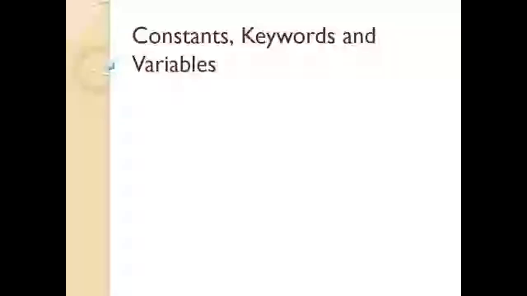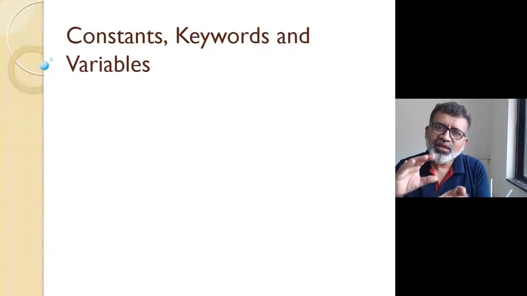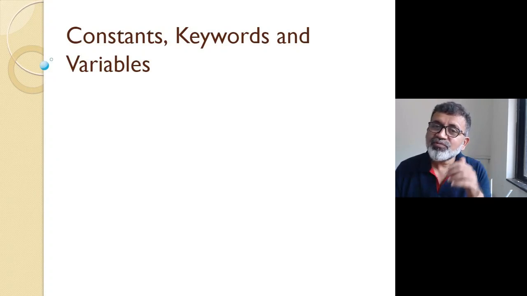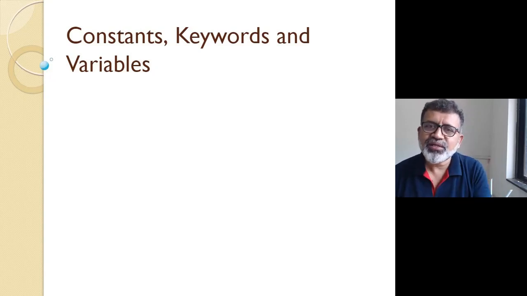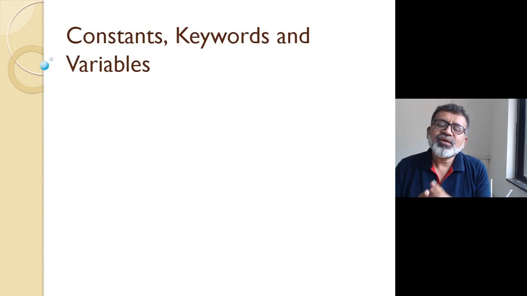Talked about the learning path, and there I talked about various stages till you reach the final program, right? The second step of that was constants, keywords, and variables. The first step was, can you recall? The first step was character set, okay. Character set was of alphabets, digits, and special characters. The second step of that learning path was constants, keywords, and variables.